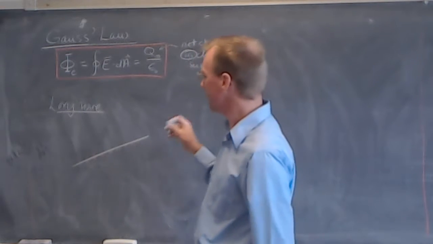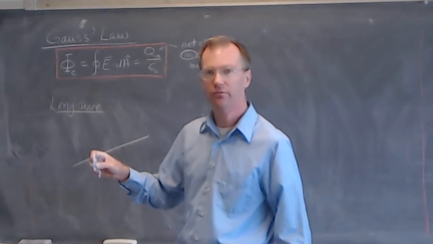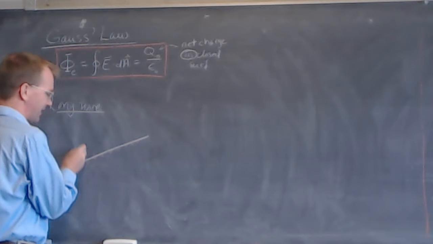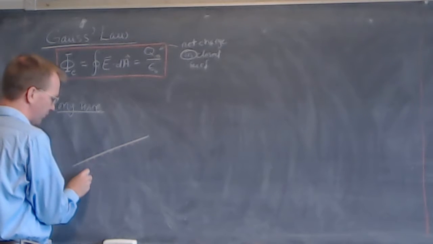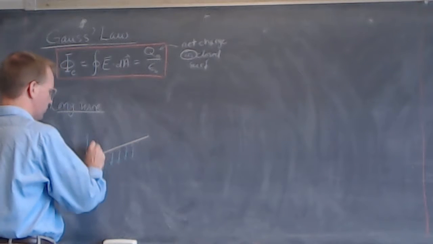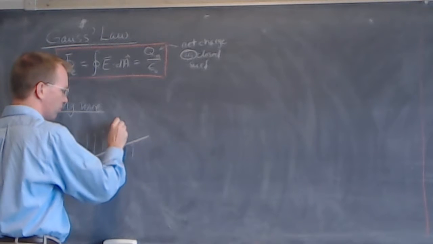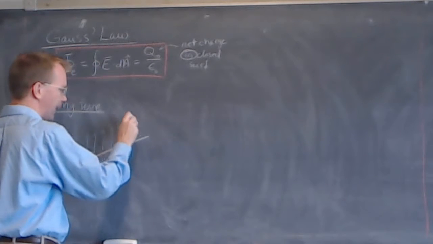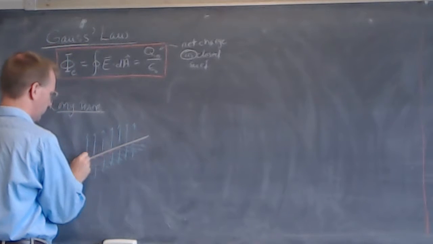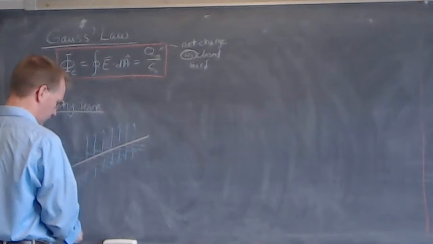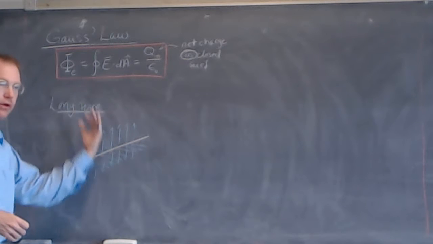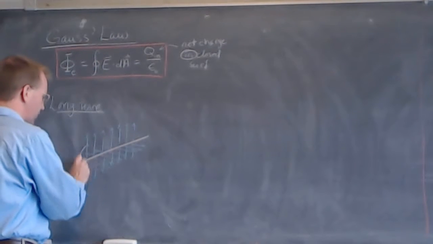First of all, what is going to be the shape of the electric field lines? You need to know that. From the symmetry of this, and we know that they can't cross, they have to start on positive charges and end on negative ones. We know that they're going to have a cylindrical symmetry. So if they're extending radially outward from the wire and in parallel lines from that, then the symmetry we want to apply